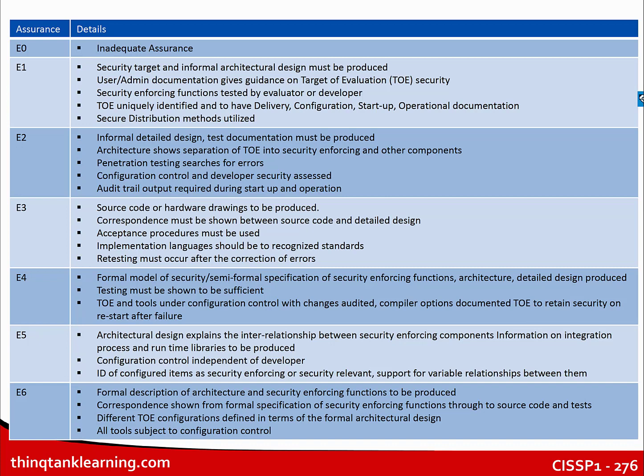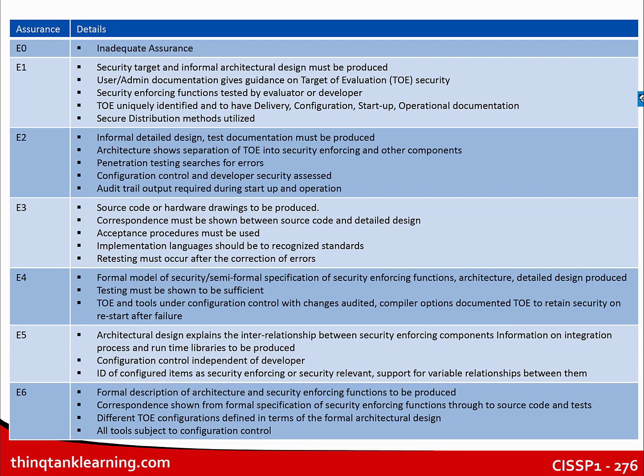So here we go. E0 being least trusted, that's inadequate assurance. E6 meaning that we went through some formal process of evaluating, and all aspects of that system have been tested. Source code has been tested, functionality has been tested. We know that we're enforcing security functions and so on. I'm certainly not going to read all of these bullet points. You do not need to know all these bullet points. However, you do need to know